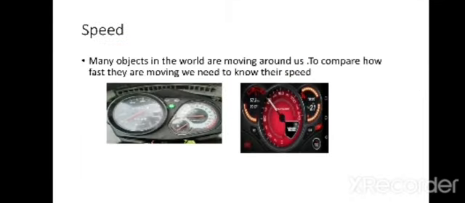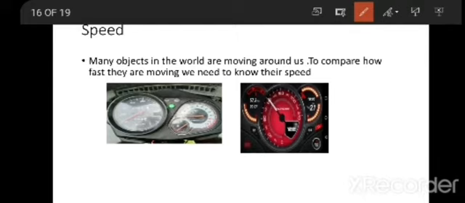Generally, in vehicles, when your fathers or mothers are driving, if you observe bikes, you will see a round structure present in front of the bike. This tells you about the speed of the vehicle you are traveling in, with how much speed you are traveling. The device which tells you the speed of an object is known as a speedometer.